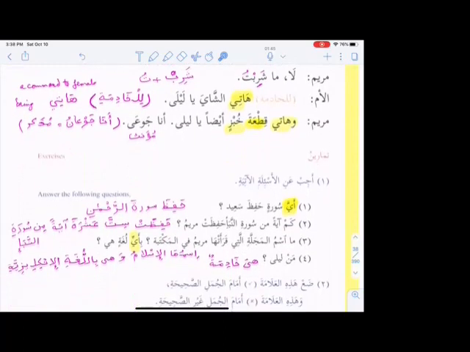Now here is something else I want to tell you. The dialogues that Dr. Abdurrahim has created to explain to us are fabulous, fascinating. They are beautiful dialogues. I would request you to read them loudly at home whenever you get time. I don't know how busy you are, but at least try to do it two or three times in the week. Read it loudly and see if you can pronounce it properly, and see if you can figure out a few of the analyses that I'm showing you now.